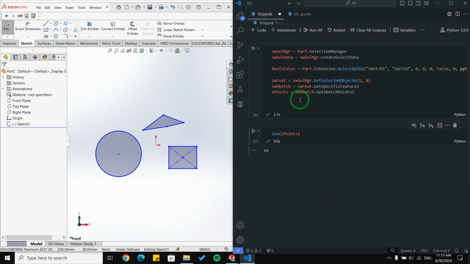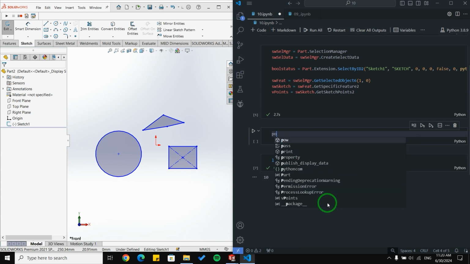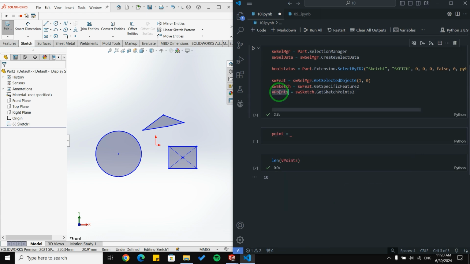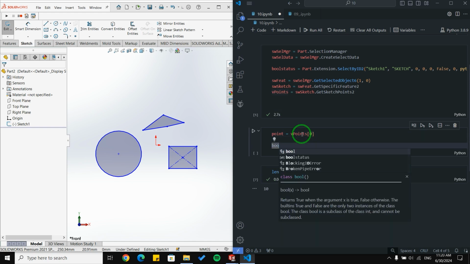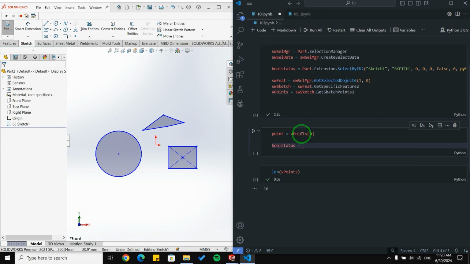And as in the previous video, we can select all of them or just one of them. First, I'm going to show you how to select one of them. For that, I'm going to say point equal to vPoints, the first argument, and I'm going to use bool status equal to point dot SelectByCase... I'm going to use Select4, and I'm going to pass false because I don't want to append it to other selections.